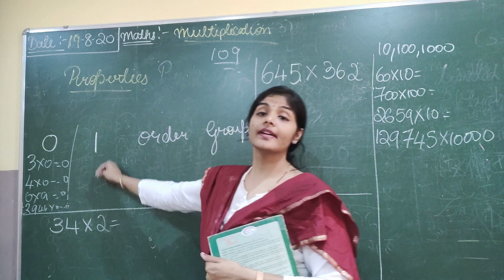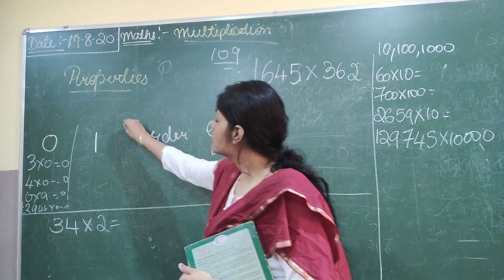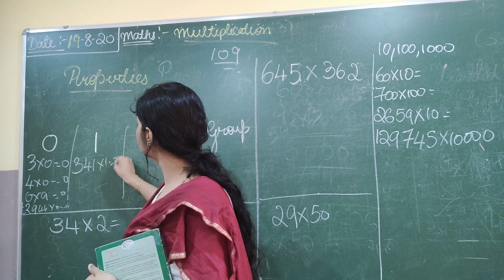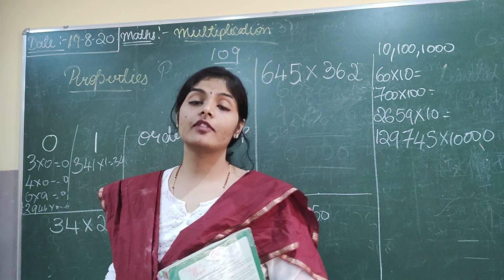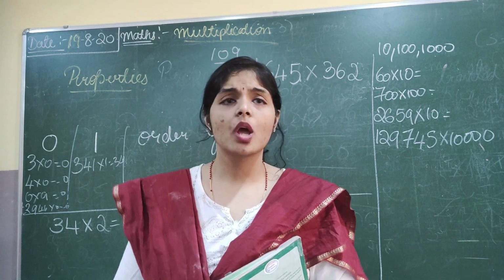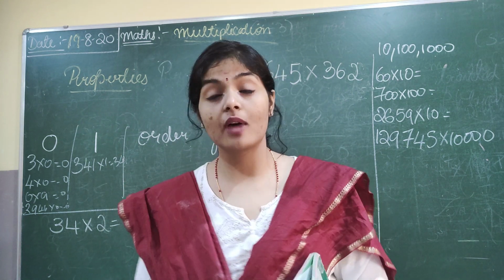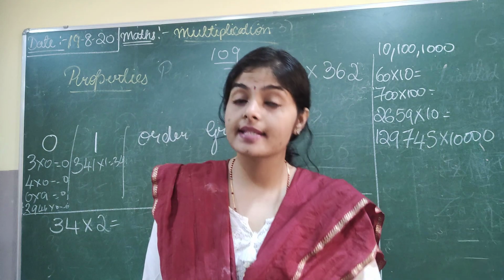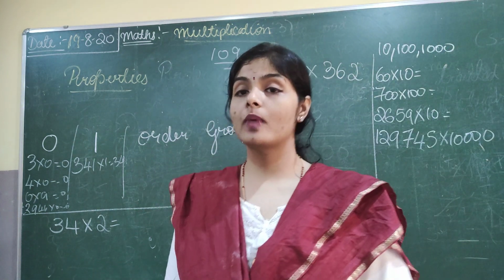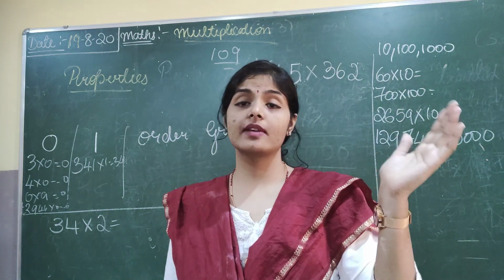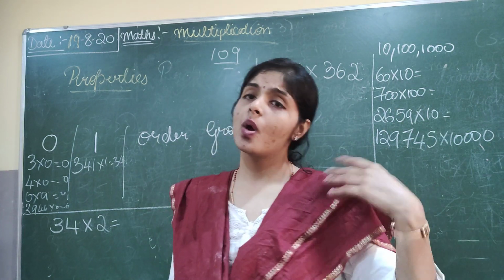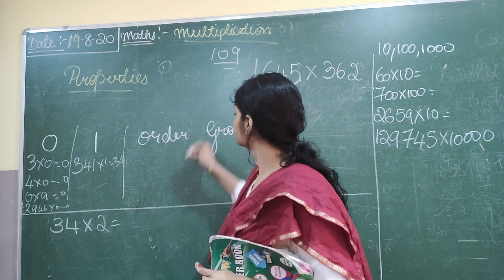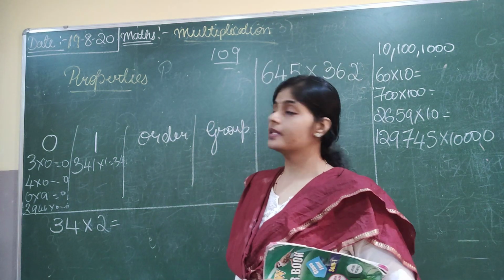Okay. Next we have 1. Any number multiplied with 1. 341 into 1 is equal to 341. Any number multiplied with 1, you get the same number. Correct, no, children? 1 one is 1, 2 ones are 2, 4 ones are 4, 59 ones are 59, 69 ones are 69. Or even you can take in lakhs. 10 lakh into 1 is 10 lakh, or you can take 21 lakh, 47,356 into 1 is 47,356. Any number into 1 is that number. Understood?